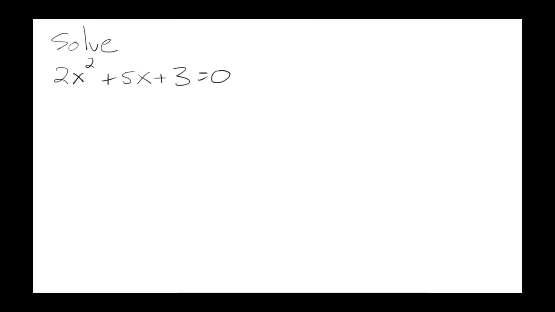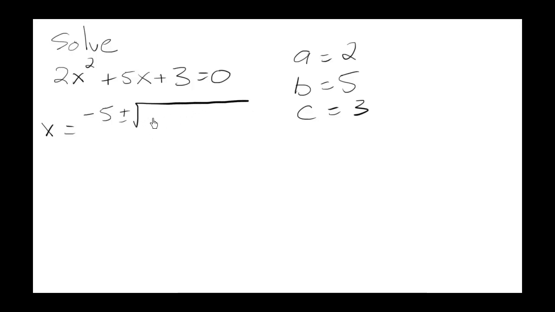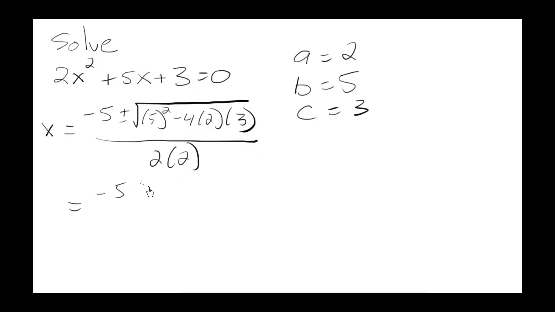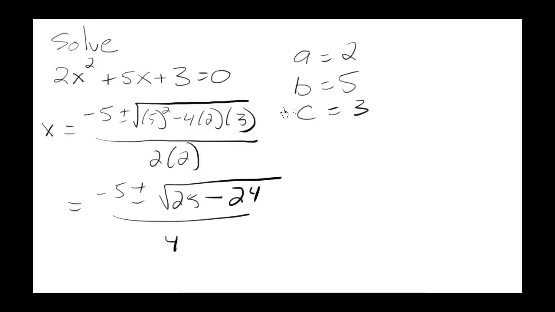Okay, let's look at one more. Okay, I've got this quadratic, and I've set it equal to 0. So let's see, my a here is 2, my b here is 5, and my c is 3. So quadratic formula, x equals negative b plus minus square root of b squared minus 4 times a times c, all divided by 2 times a, equals minus 5 plus minus square root of 5 squared is 25, minus 4 times 2 is 8, times 3 is 24, over 4,